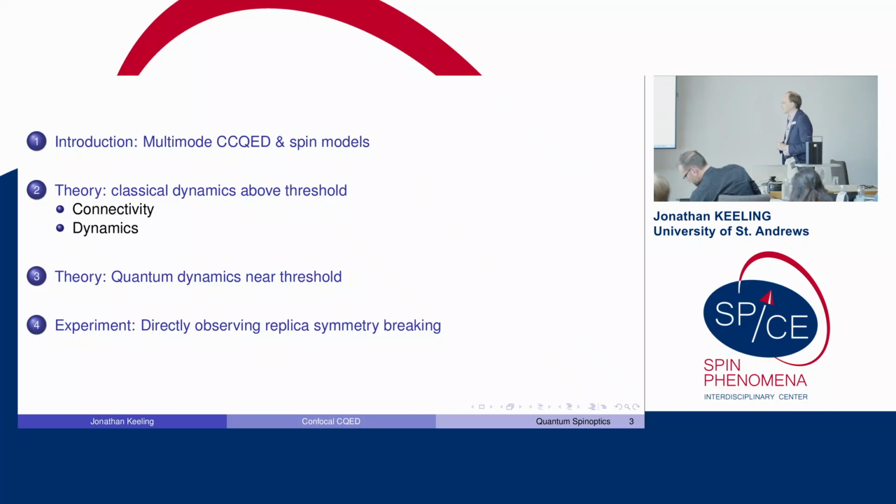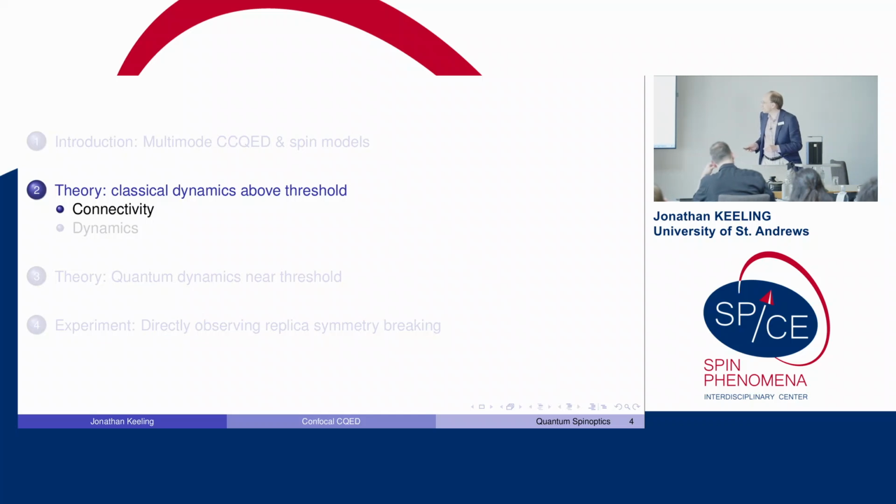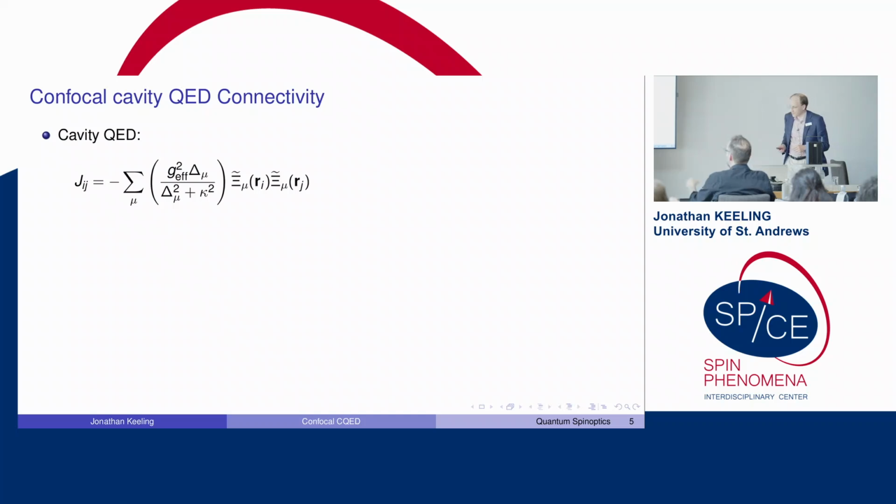And then I will finally, at the end, talk about some very recent experimental work which has directly observed replica symmetry breaking in the spin glass limit of this model, in the case with relatively many atoms per clump. But I'll say more about that when I get there. So starting with this first case of looking far above threshold, what I want to focus on first is